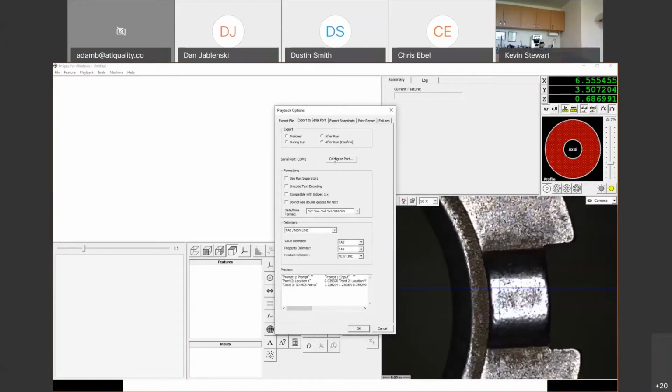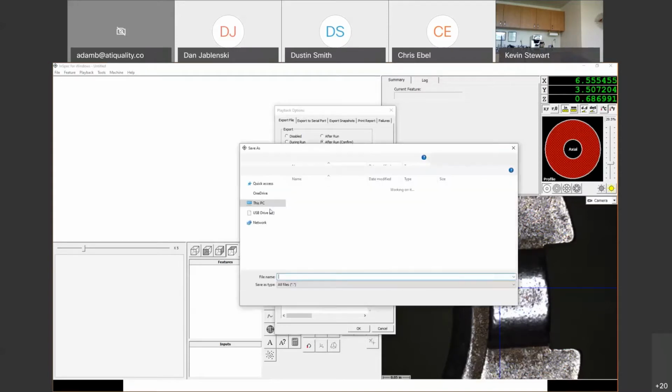So instead of having to do that every single time just to take a manual measurement on maybe one diameter and move on, if you configure all this information and then save it, so we're going to do that. I'll pretend that I set up my serial port, and let's say that we want to send it to